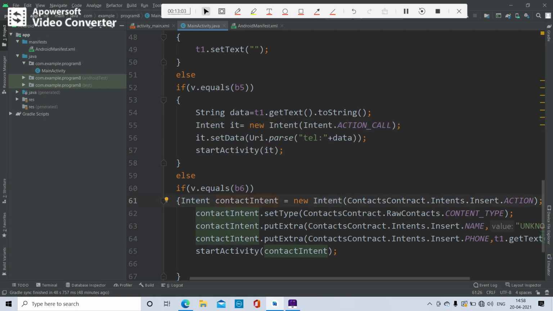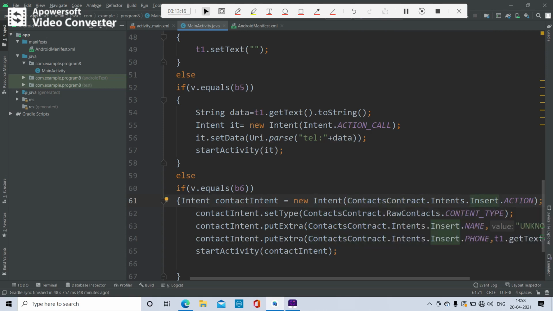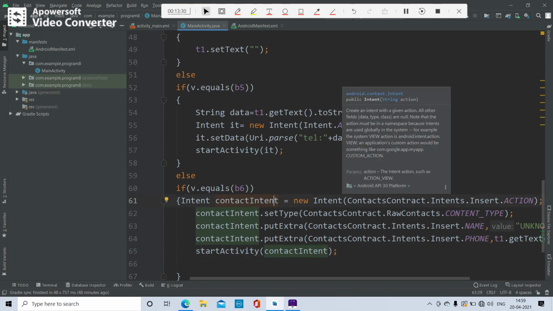Similarly, here the intent is created to insert contacts, therefore that is the insert action. Here the action is the insert action, placing the telephone number and the contact's name. Name and number, and then you are going to start the activity with contactIntent. First the intent needs to be created.